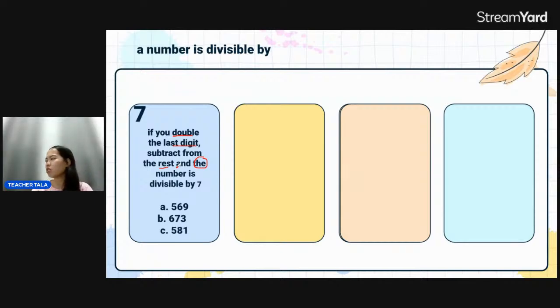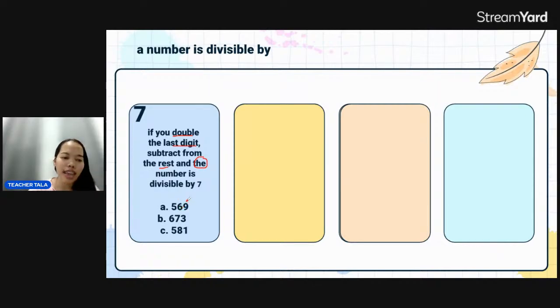What do you call the answer in multiplication when you multiply? The difference, quotient of... okay, and the number is divisible by 7. I forgot. Oh my gosh. Okay. So